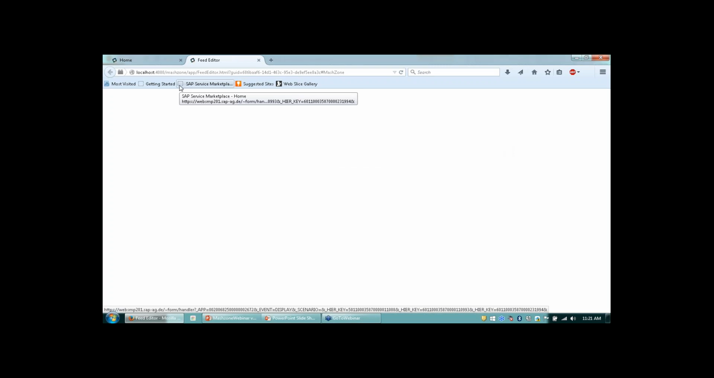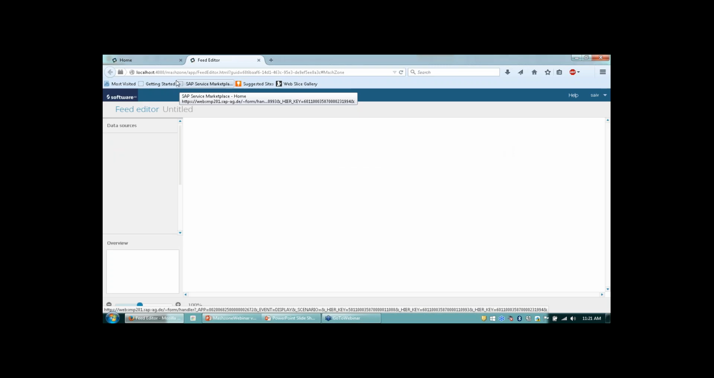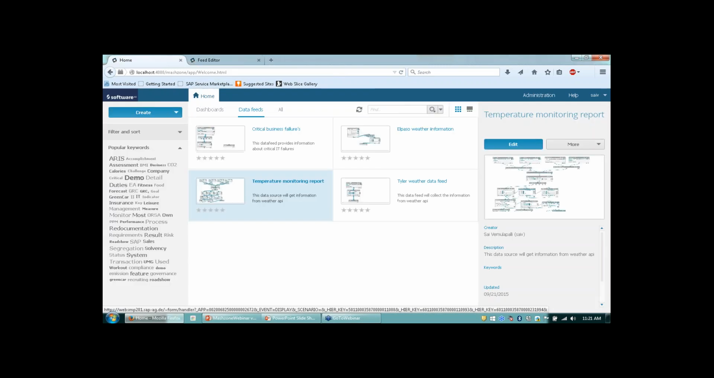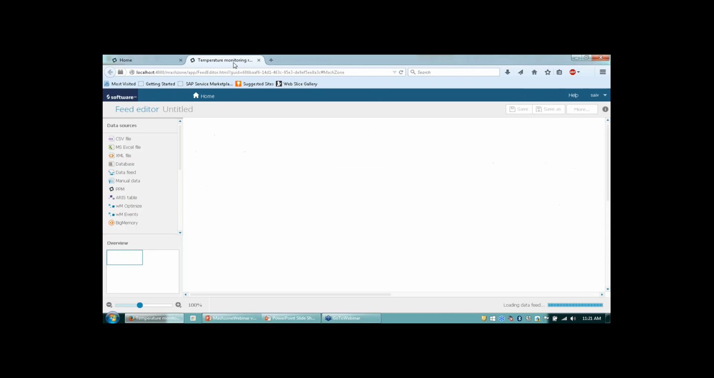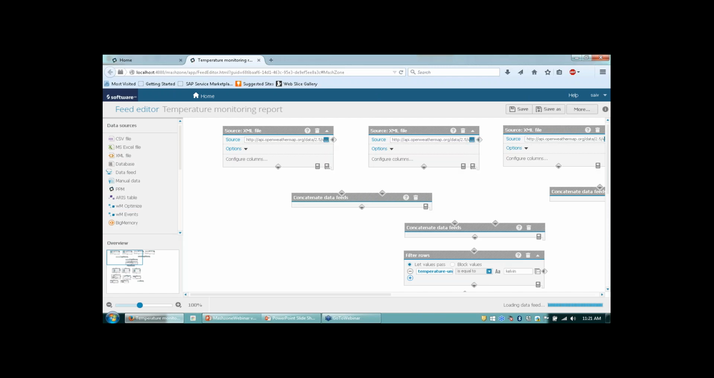I have selected the data feeds here, and on the right hand side I click on edit. It opened a new browser. This is called a feed editor that we have discussed earlier in the other PPT. So this feed editor allows you to create the data feeds. So these are the data sources that are available